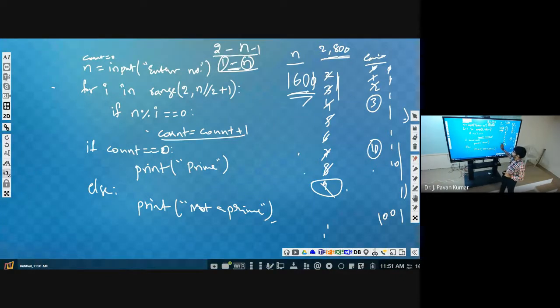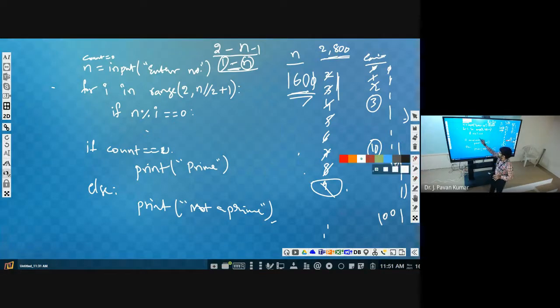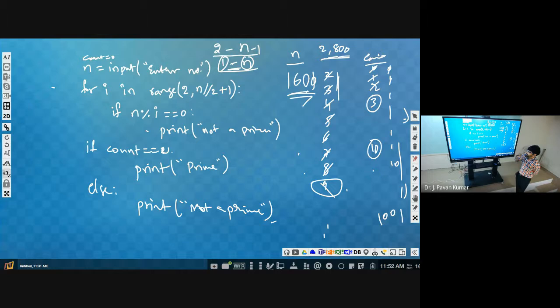Let us consider, you have noted, right? Now you see, I will replace this with directly what we can print: not a prime. Okay, fine. After this, what about prime? Suppose a prime number is given, then it will not print this, right? Let us keep that case aside.